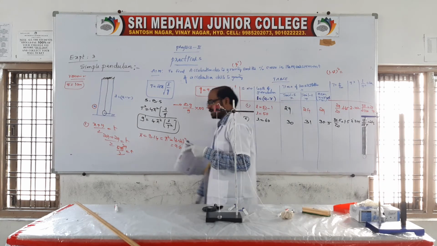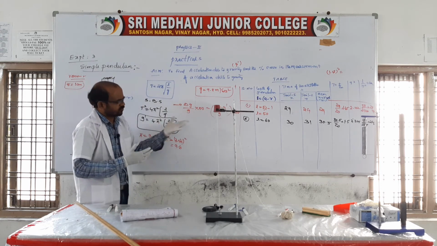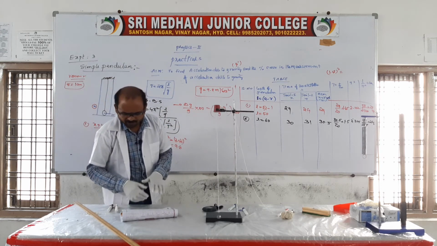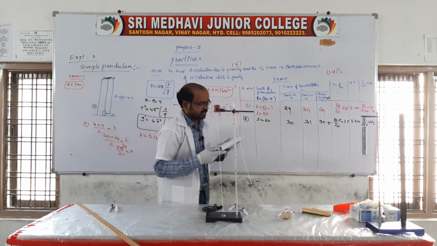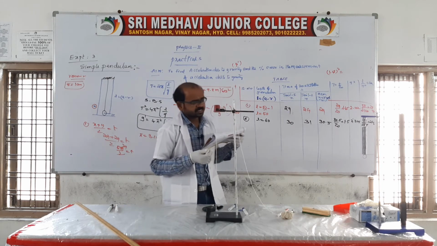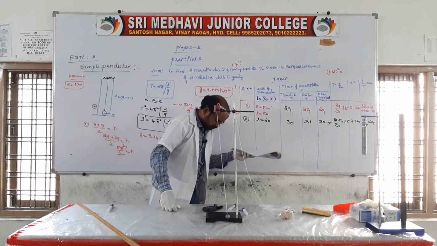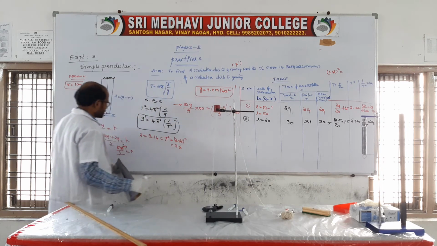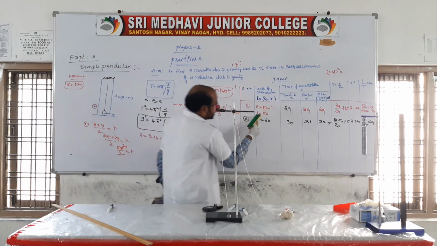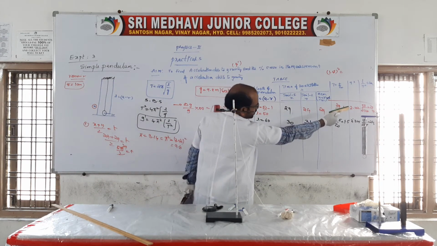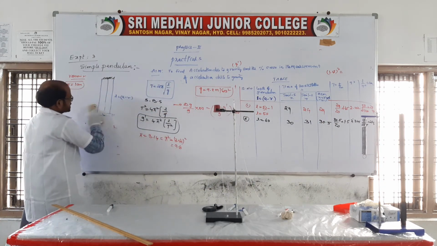Like that we should repeat the experiment for 2-3 readings, or 4 or 5 readings, whatever it is. After knowing this, you find the average value, because we are finding small g and L by T square. Now I am showing the calculation for one value, that is for the 50 length. The value of L by T square is 23.78. Now you substitute the value here, then we will see what happens. Let us see.